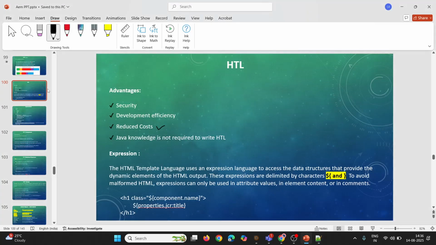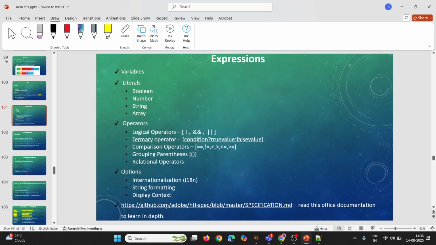So first of all, whenever you are going for this dollar and curly braces, it is used to inject the data. So to inject the data from the content node, we have to use this expression. Inside this expression, it will support only three things. We can create the variables, and then we can also accept a Boolean data type, number data type, and string data type. So only these three data types are allowed inside the expression language, which is Boolean, number,